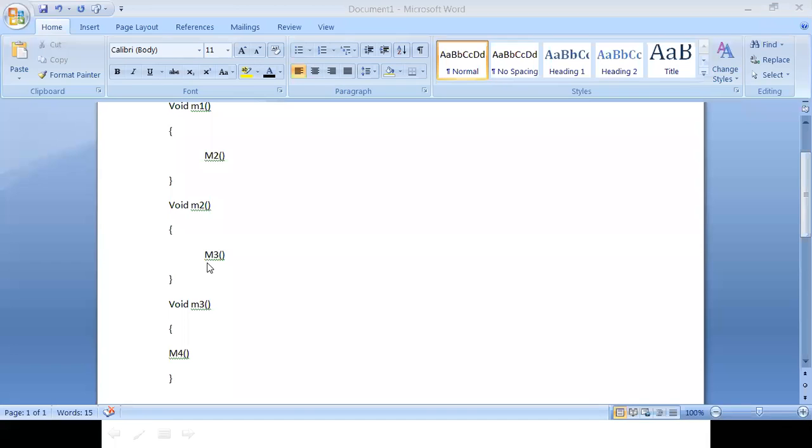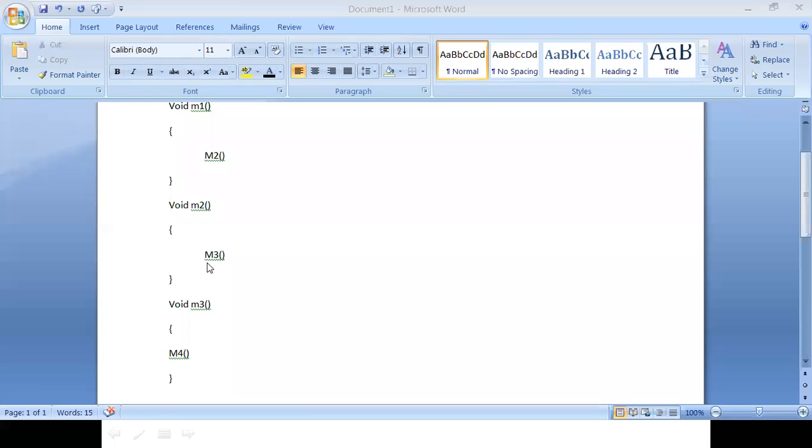Clear. Here is how it maintains that: whenever the processor is executing m1 and m2 occurs. First we are calling m1, so m1 will enter into the stack and be at the top of the stack.